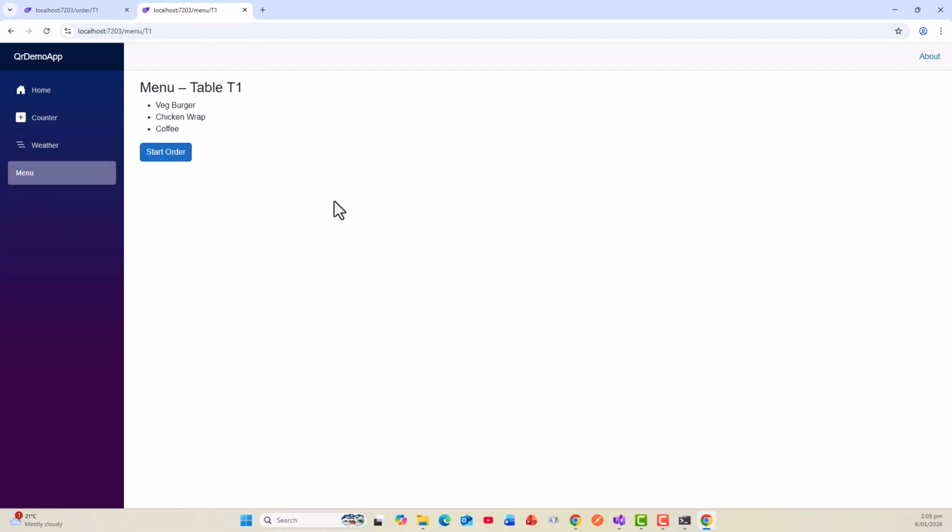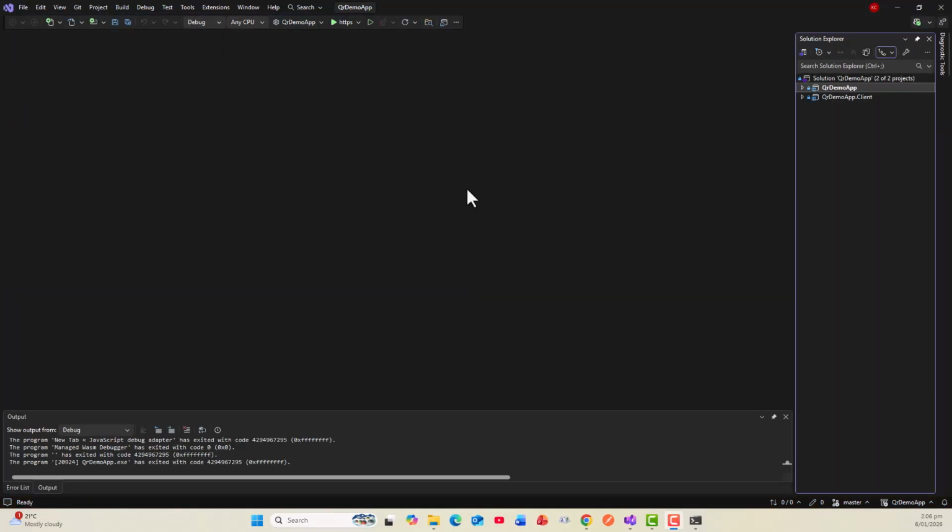If I click the menu on the second tab, I can still see the menu, which is the same as here, but I cannot start the order. The table is already ordering. So this is the exact behavior we want. Now let's close these two browsers and see the application and try to understand what's behind the scenes that is doing these